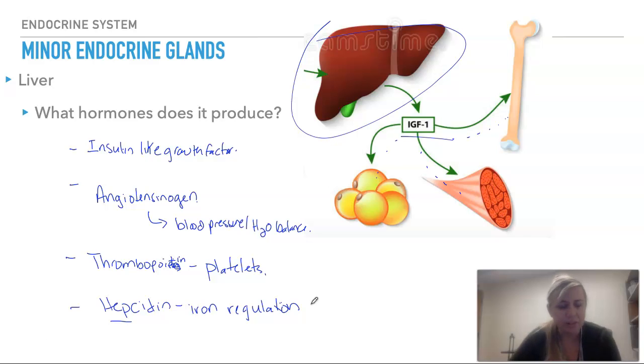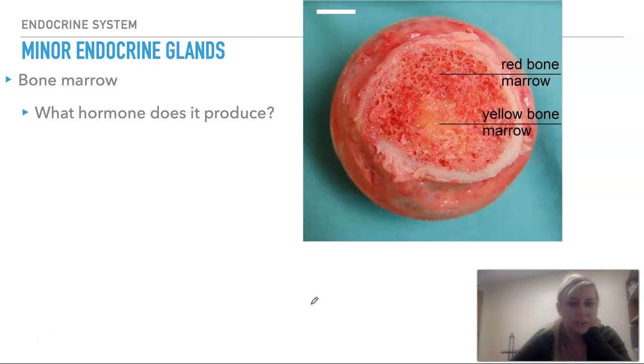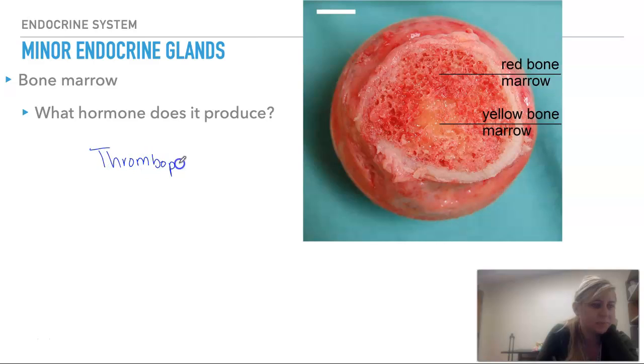So while the liver we think of more as a digestive system organ, it does produce several hormones that function as part of the endocrine system too. That thrombopoietin that we see here coming from the liver is also produced by the bone marrow. There are cells within the bone marrow that also produce a hormone that triggers the production of platelets,